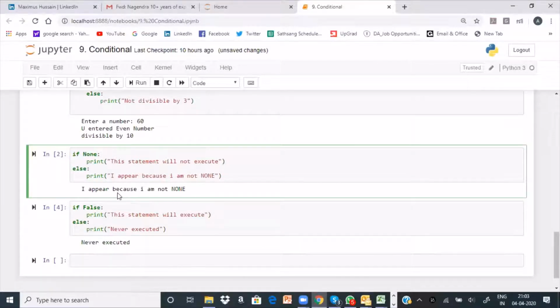This none is a keyword. There will be some situations in your programming where, because of some reasons, the input into the program will become empty. Maybe some exception might have arrived. In such a situation, this none keyword becomes true.